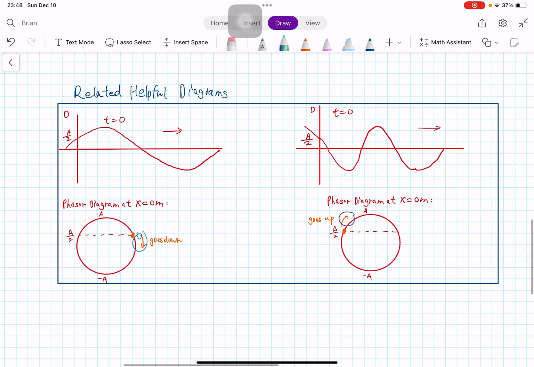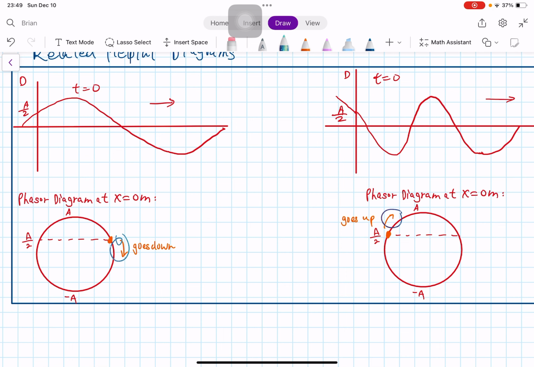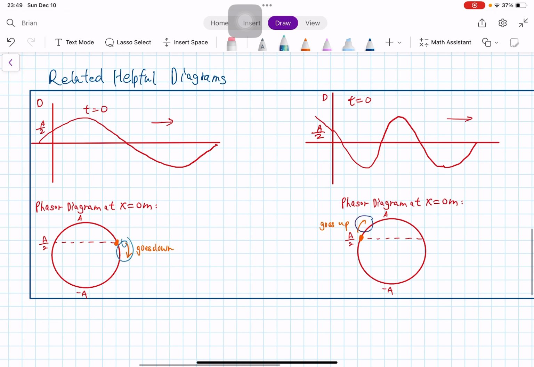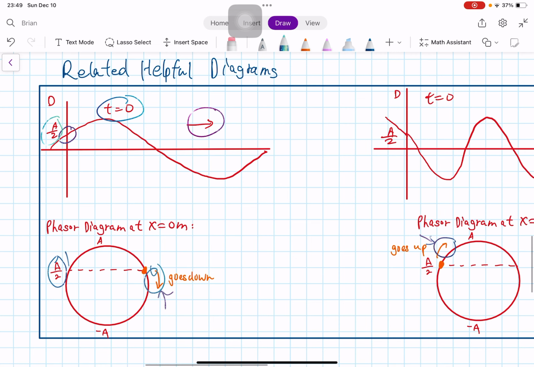And this is some related helpful diagrams. This actually helped me a lot in understanding how waves work. For this one, the wave is traveling to the right, so it is clockwise as mentioned. And because at t equal to 0, this is A over 2. So we're finding A over 2 here, right, which is here. So we have 2 points here,